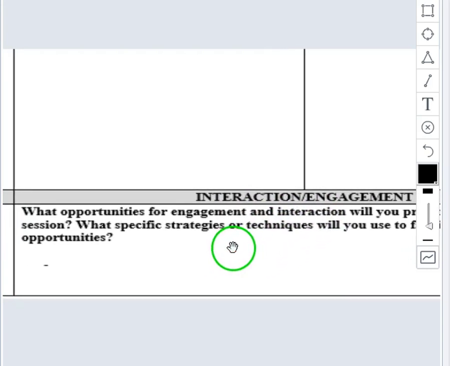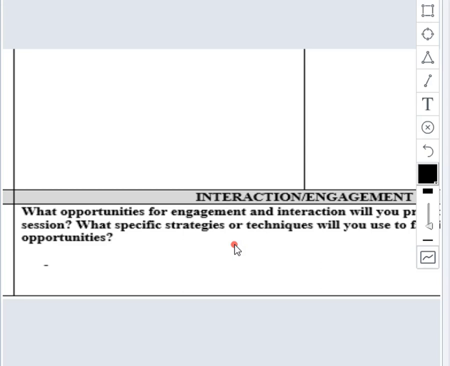So as you go through the phases up here, you use these 2 spaces to more or less archive and compile lists of what you are doing to engage your students, and what kind of opportunities for interaction you are